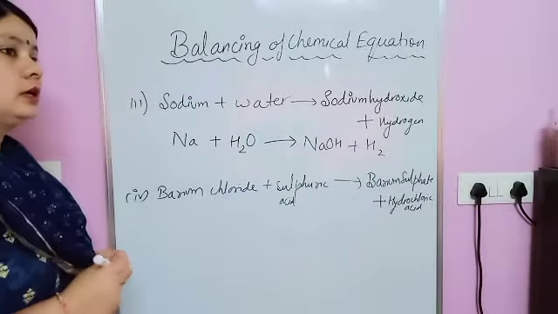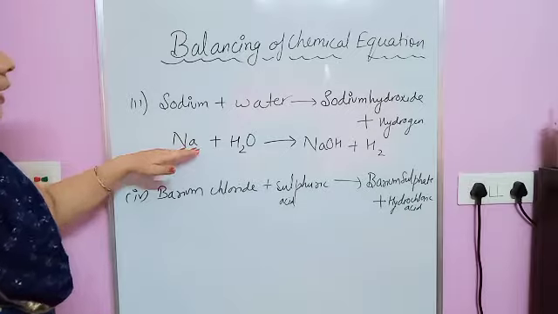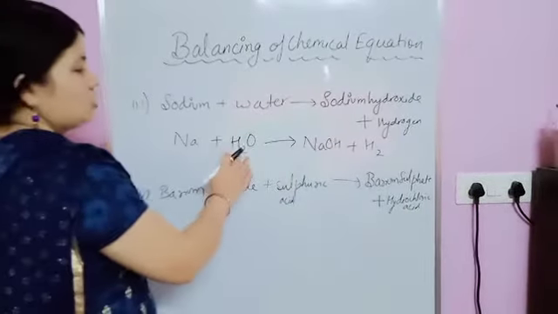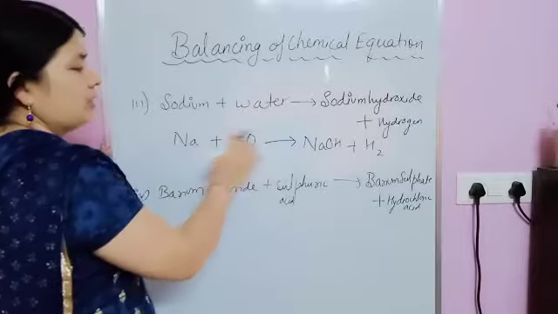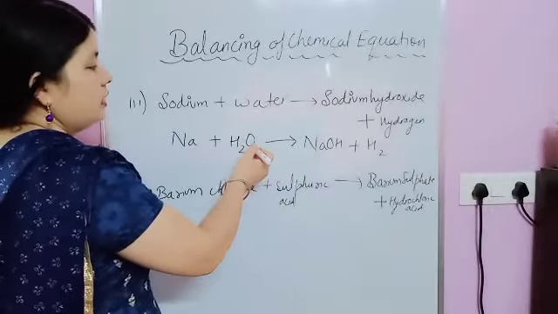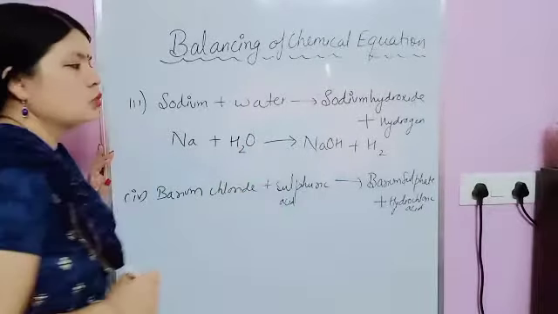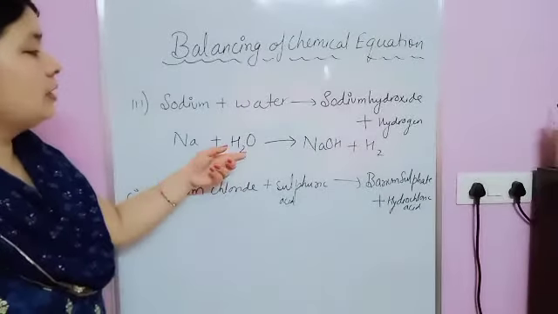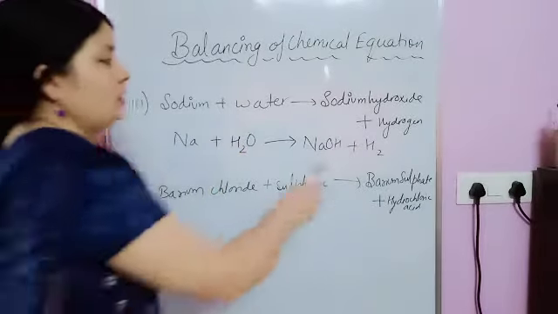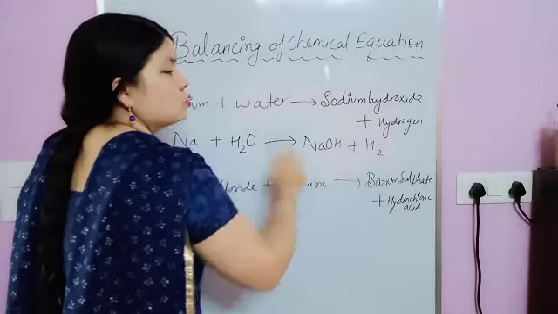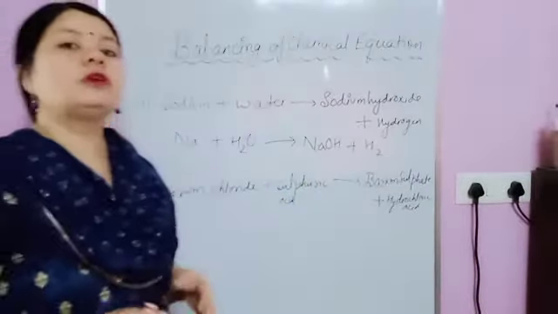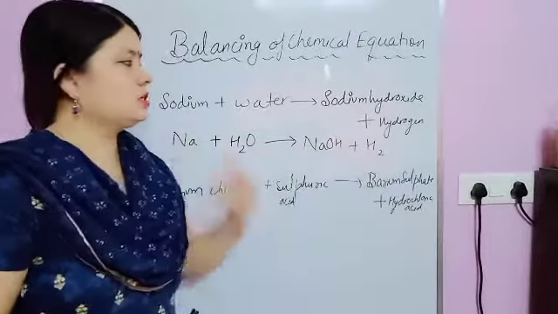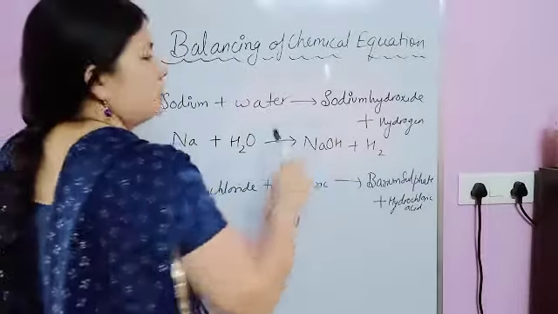Now just see, check in this one, sodium is 1, here is also 1, no need to balance. Now here hydrogen is 2, no sorry, after metal you can balance oxygen first, then here oxygen is 1, here is also 1, no problem. Now at last you have to balance hydrogen, but here hydrogen is 2, but here hydrogen is 2 plus 1, it's 3. Okay, so you have to convert it into an even number, because then only you are able to balance it up. Jara se convert kare. Now just see, this one is 3, hit and trial.